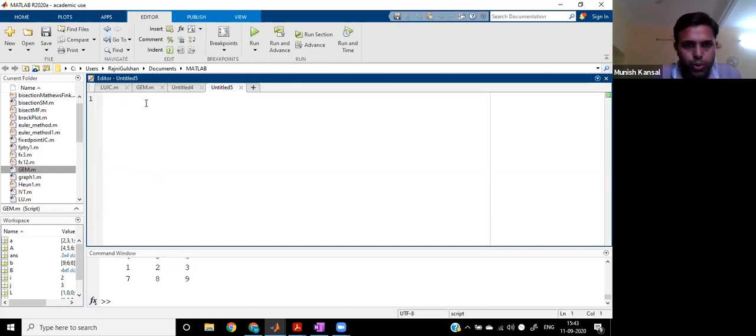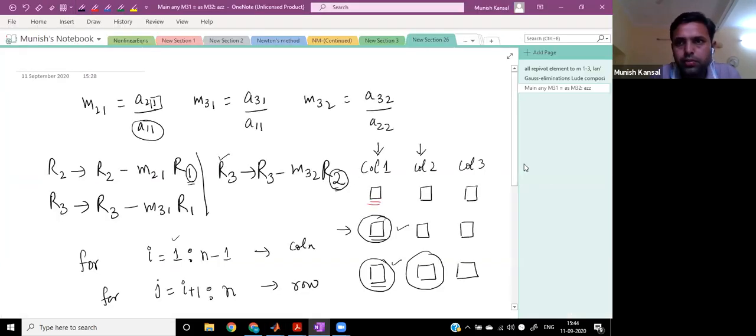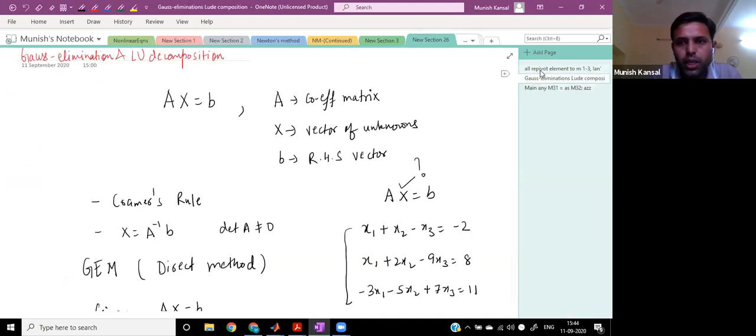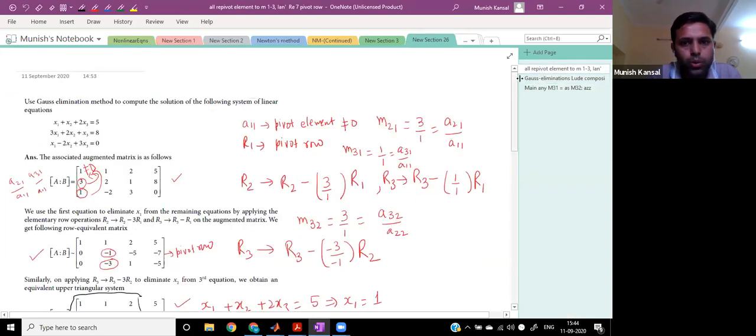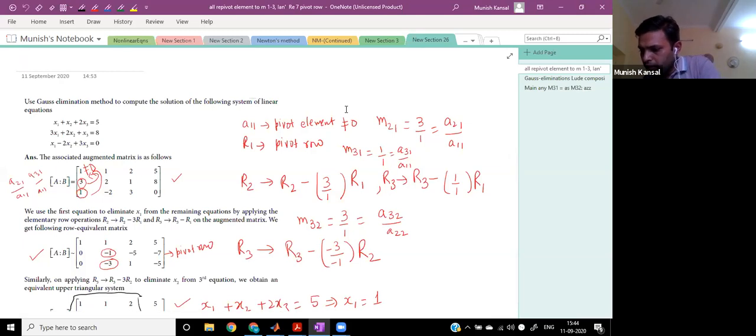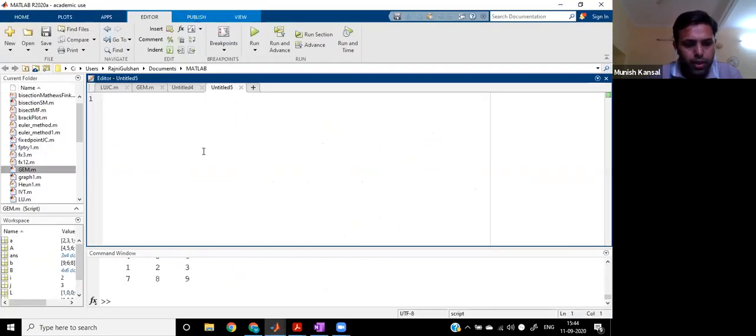Now, let us suppose I will call the same question here. I will go with the same question so that you get a little clarity, okay? So I have written the question over here. So first, the coefficient matrix is 1, 1, 2. Let me write down the coefficient matrix. A is equal to 1, 1, 2, right? Then the next entry is 3, which we just solved, 3, 2, 2.